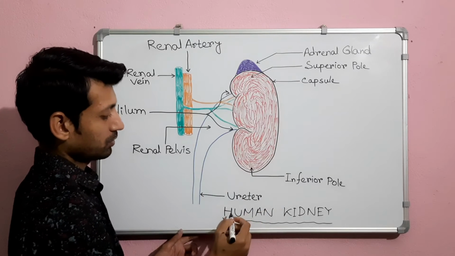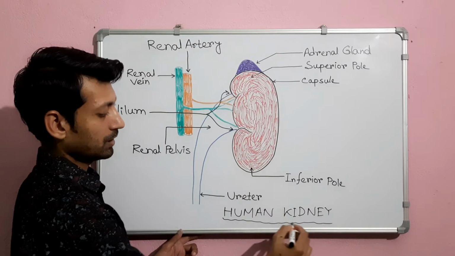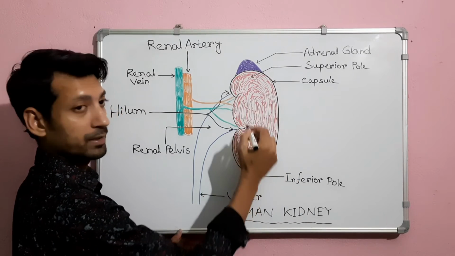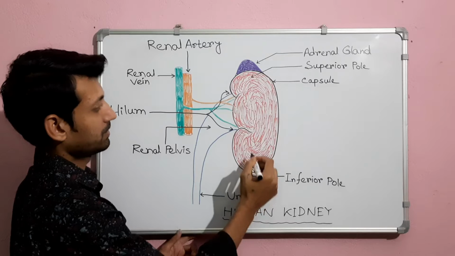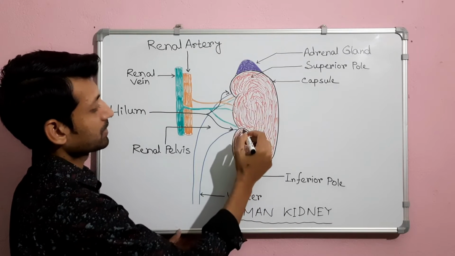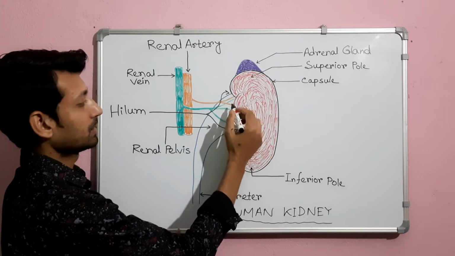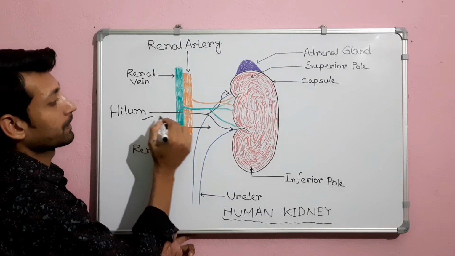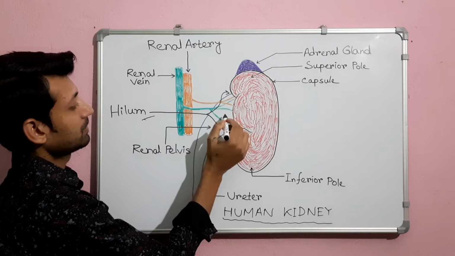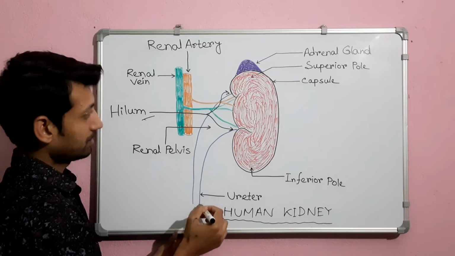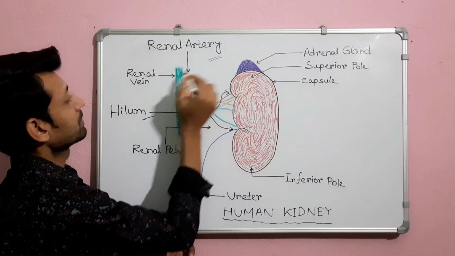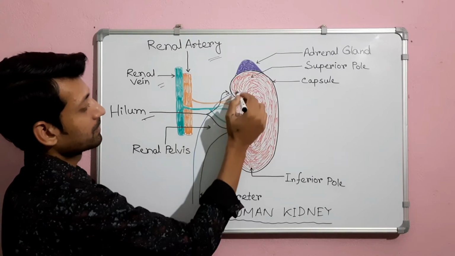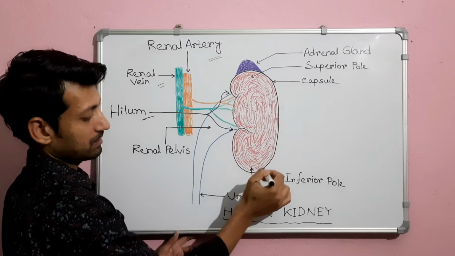This diagram shows the external morphology of kidney. The kidneys are reddish in color and bean-shaped organs. Each kidney has a concave medial border. This portion is called the hilum. Here, nerves enter, the ureter exits, and blood and lymph vessels enter and exit. The lateral surface is convex.